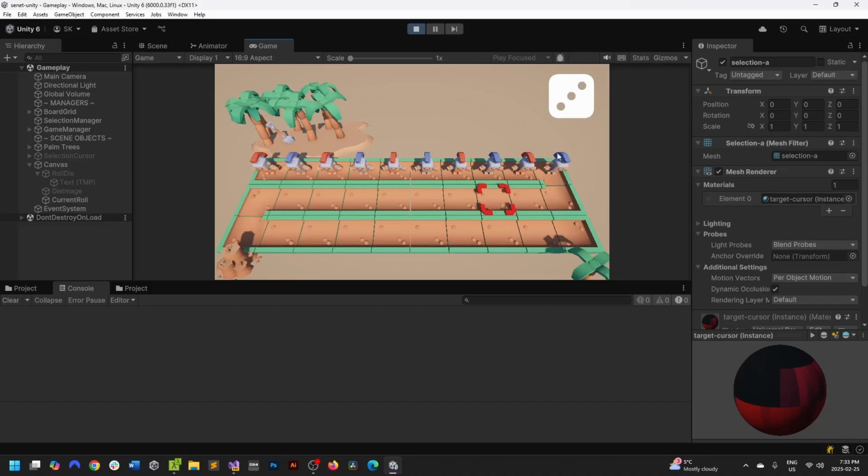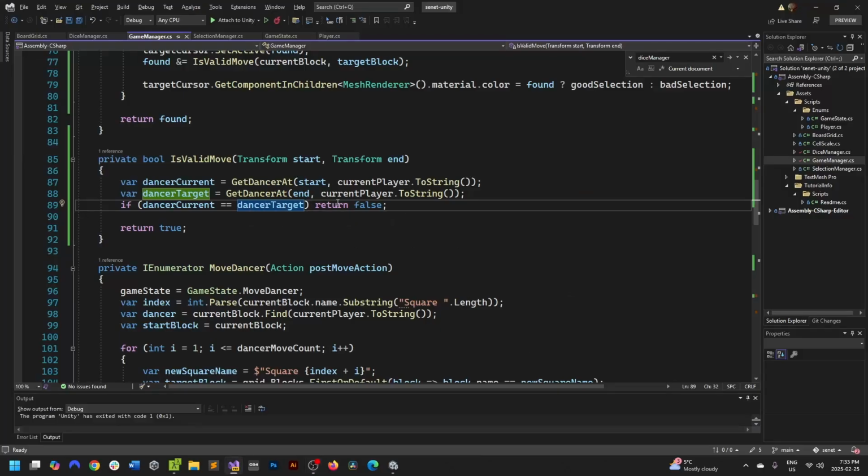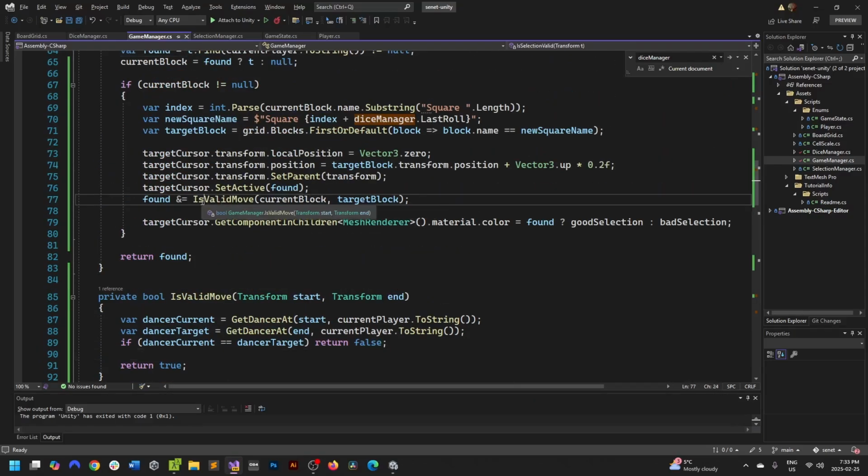Okay, so that's saying 3, but I'm not seeing the other selection, which is not good. And also it's red as well, which is also not good. So that thing is not a valid move, but